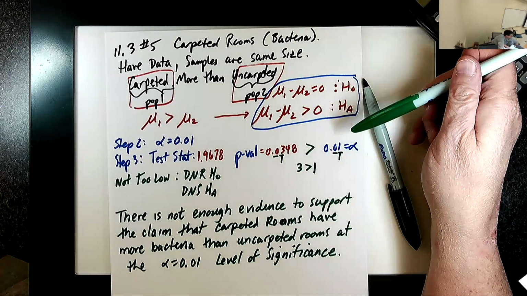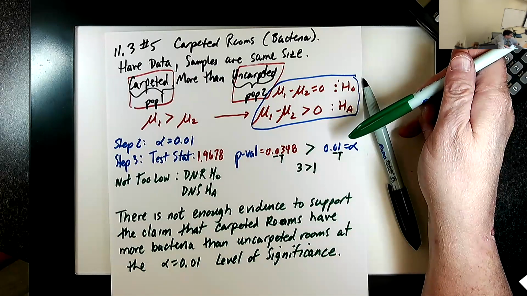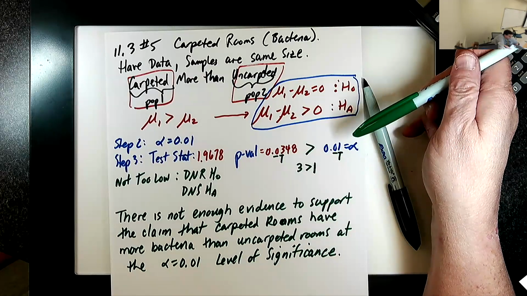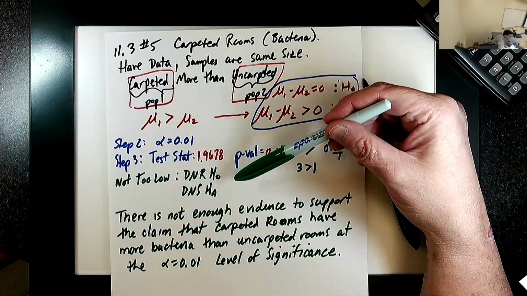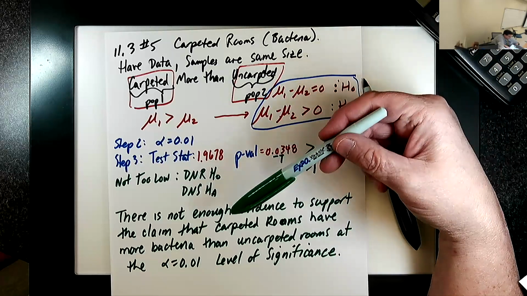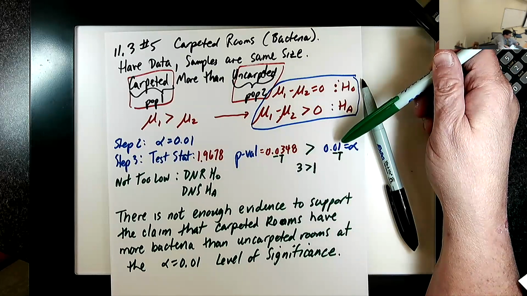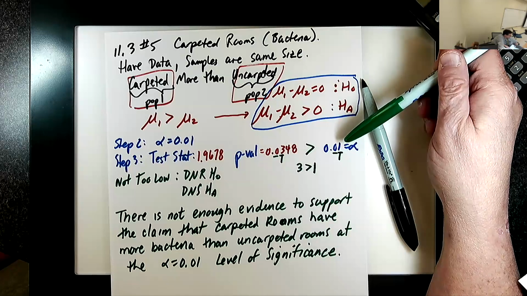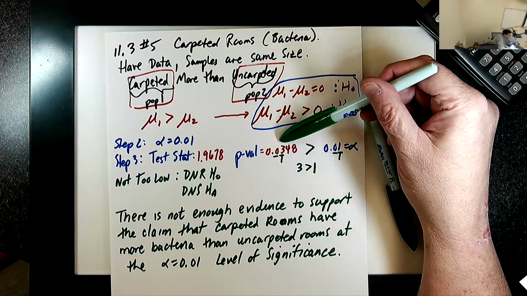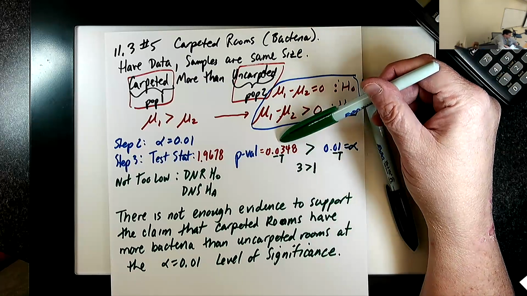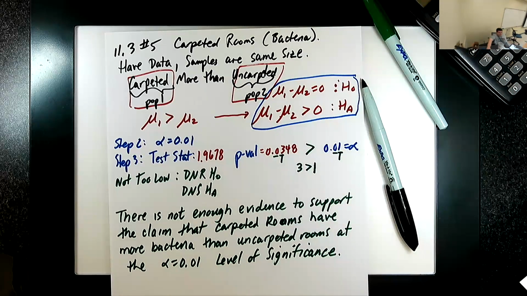0.01 is kind of a low alpha, isn't it? If we had used 0.05, what would have happened? This would be different, right? It would be less than. And we'd have to reject H0, we'd have to support HA, and we would have to say carpeted rooms have more bacteria. This is 5% versus 1%. I think they're being a little picky with the 1%. I would argue with the p-value being 0.0348, this is 3.5%. That's pretty unusual. I would say carpeted rooms have more bacteria based on this, but they wanted